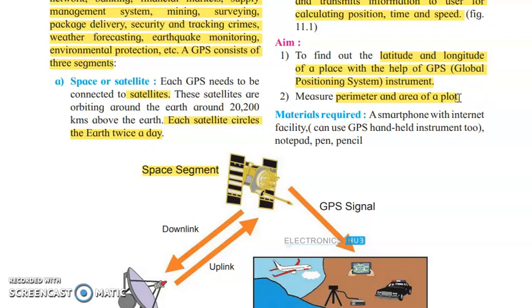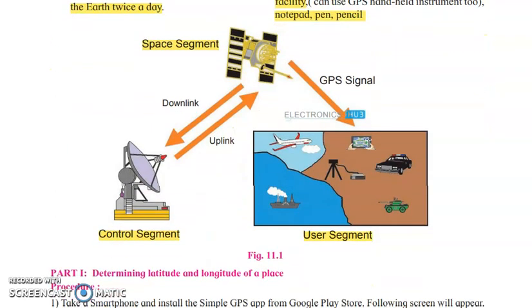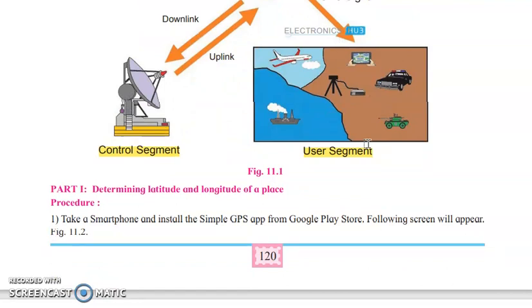So what do we require for it? जैसे कि मैंने बोला कि we require two apps, and those apps should be downloaded on a smartphone. So the material required firstly is your smartphone with a good internet facility. सबसे पहले उसमें अच्छी internet facility होनी चाहिए, and there should be a notepad, pen and pencil to write down the segments. तो जब भी आप जर्नल लिखोगे तो ये डायग्राम आपको जर्नल में ड्रॉ करनी है. Okay, now let us move further to how we are going to start with the practical session.